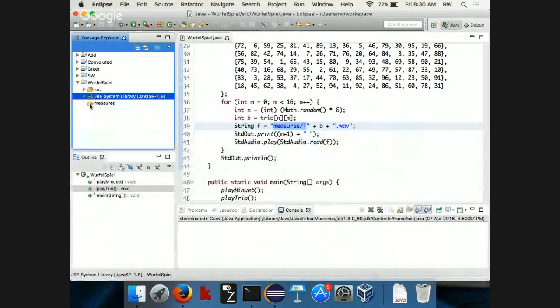It's not saying anything. According to Eclipse, measures is still empty. And that's because it shows you this funny view. It's not a perfect reflection of what is on the disk. So if I make a change from outside Eclipse to the files on the disk, I have to tell Eclipse to refresh its view. So I'm going to ask Eclipse, right-click,